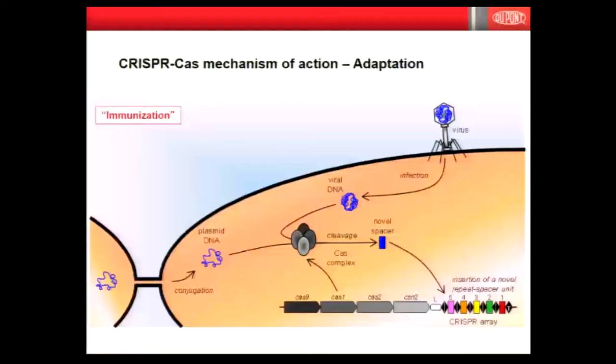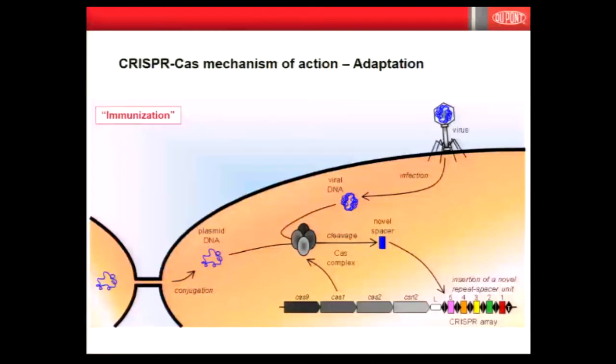So how does this combination of Cas proteins and repeats function together? The mechanism of action can be divided into 2 main parts. One has been named adaptation, and it's a kind of immunization that happens. So you have here a bacterial cell. This is a phage, a bacterial virus, which is infecting this cell, and